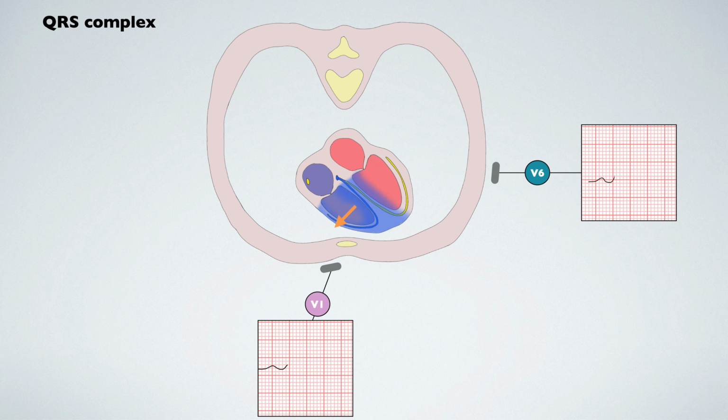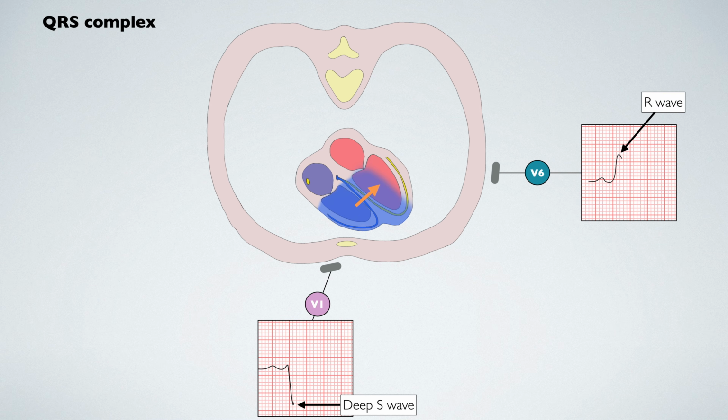Right ventricular depolarization produces a vector which leads to an R wave in V1. This is followed by electrical activity moving into the left ventricle. As the first half of the ventricle depolarizes, a deep S wave is formed in V1 and an R wave